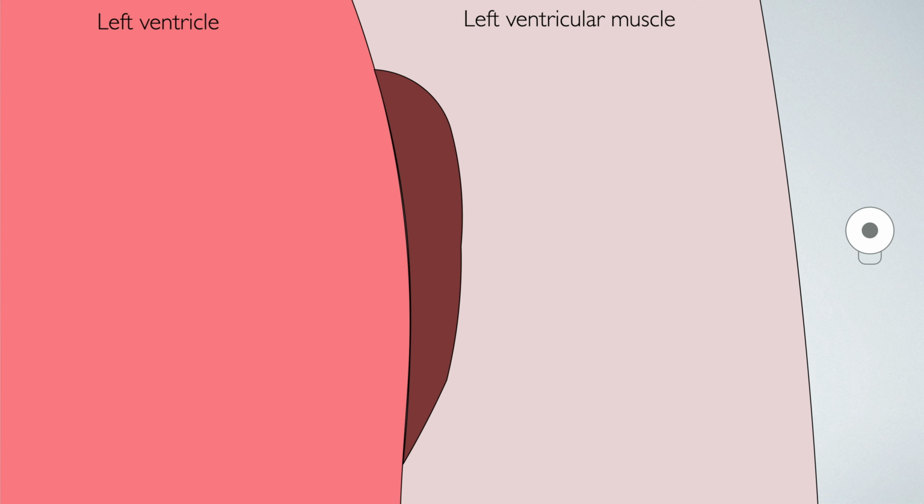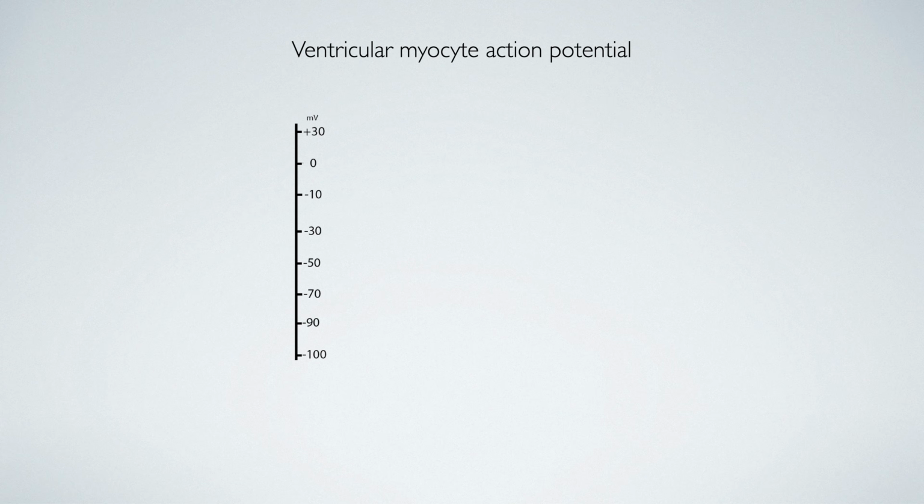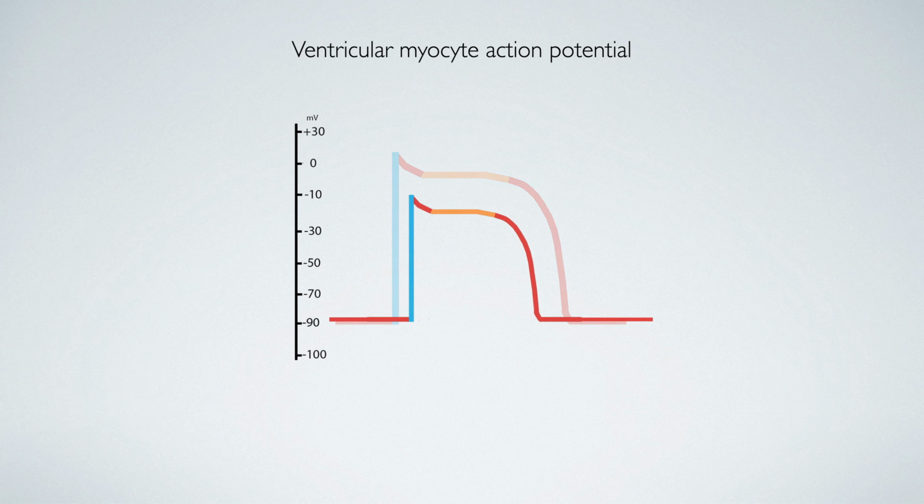Here is a close-up of the left ventricular muscle. The healthy area is beige and the ischemic subendocardium is brown. The healthy myocytes will produce normal action potentials as they depolarize, but the ischemic cells will produce less positive action potentials. This is due to the lack of oxygen and nutrients, preventing the use of ion channels that require energy